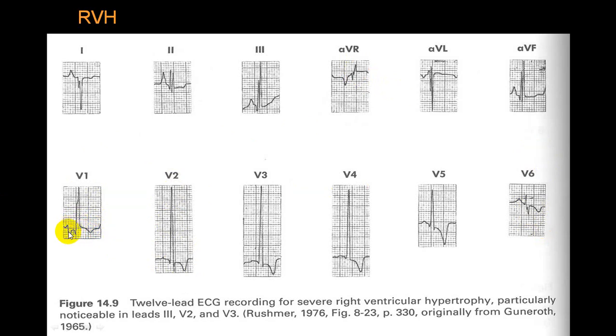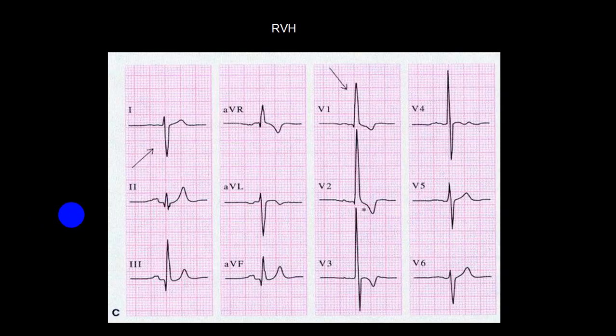And you can make out here also that there is atrial hypertrophy. You can see this P pulmonale. Almost height of a P wave is equal to QRS complex. So this is P pulmonale. And roughly, if you see here, this is RSR' pattern. And this is incomplete right bundle branch block pattern, because QRS complex is not broader than 3 small squares. All these are in favor of RVH.